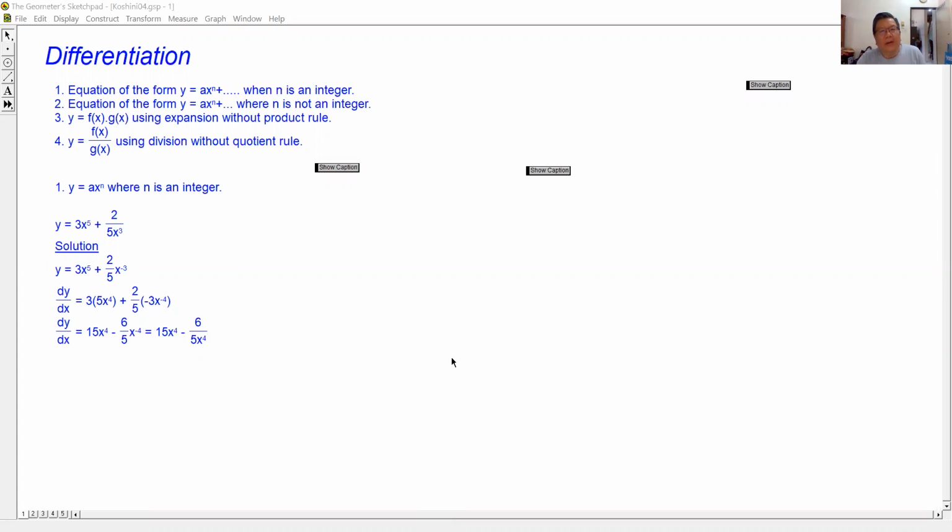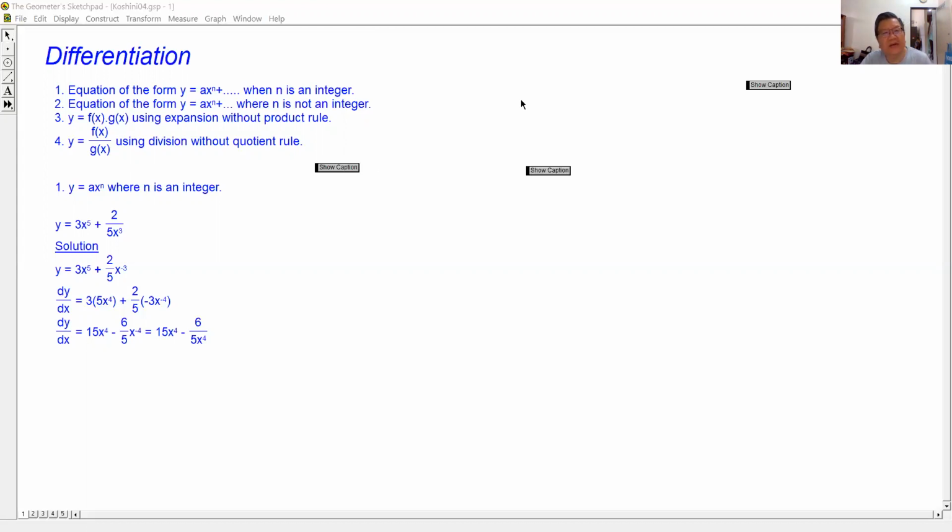Okay, right. Now, some time ago, Hoshini was doing this differentiation, and she told me that she doesn't know how to differentiate, and she gave me one problem, and the problem is differentiation, but it involves fractions, whereby the index is a fraction. So when I was teaching you, I told you that indices with fractions, they are